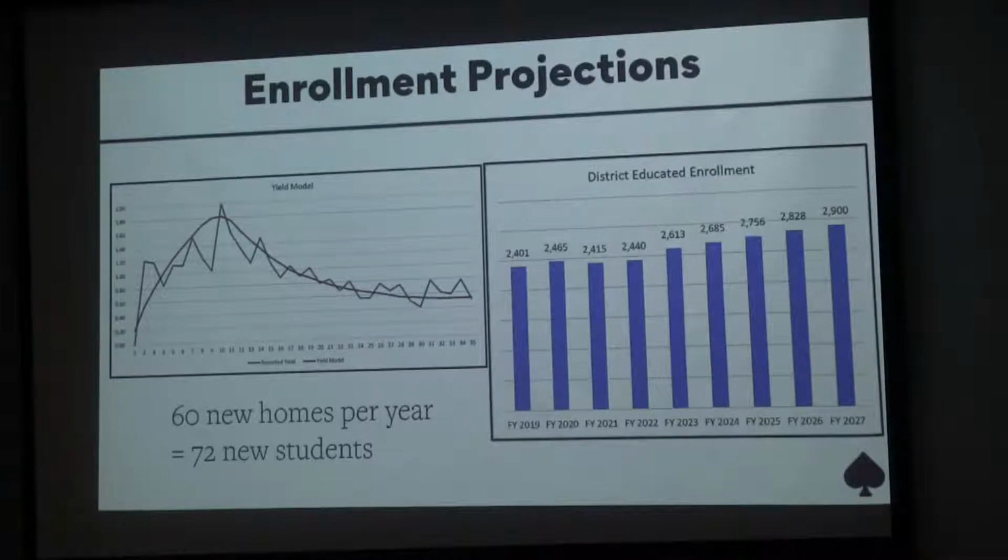Yep. Thank you. I'm curious about the yield model, what happens after 35 years, because homes don't disintegrate? No, it tends to just flatline from there. Is that correct, Jeff? Yeah, that's a national model that's been utilized, that tends to hold true. The red line is the national trend. And so our model, if you lay over it, the line of best fit actually does pretty well for that national model.